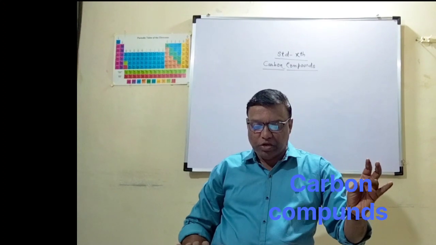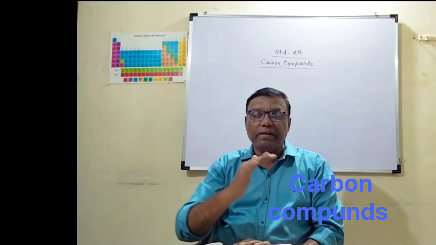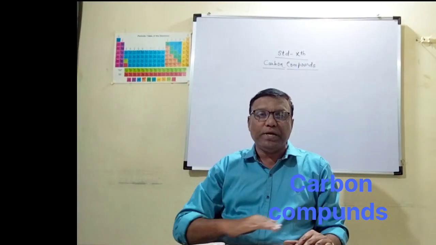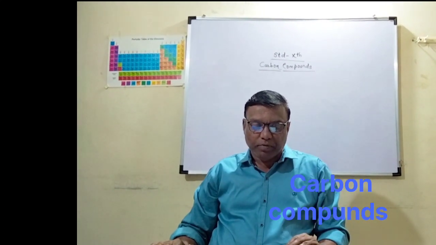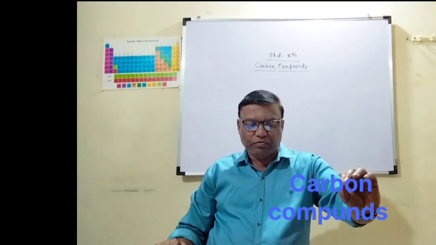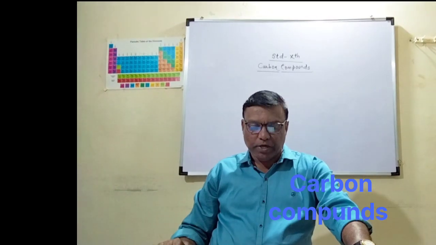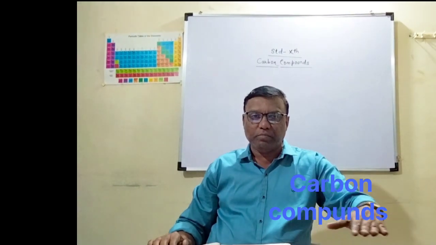So we have seen some compounds, methane, ethanol, chloroform, acetic acid, and their melting points and boiling points are given on page number 110. That once again we have to verify. This is very important. Then the second point we are going to see, under the bonds in carbon compound. First we have seen the properties of carbon compound. In the properties of carbon compound we have seen melting points and boiling points are lower than 300 degrees Celsius. Now we are going to see bonds in carbon compound.